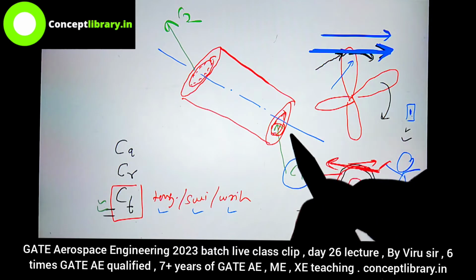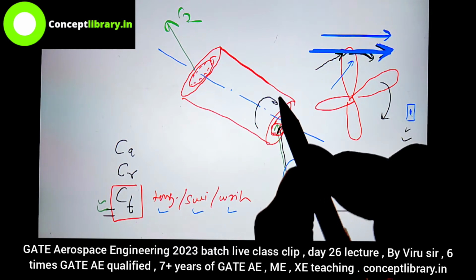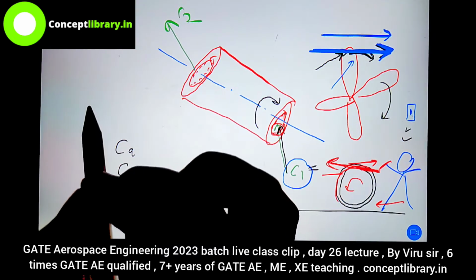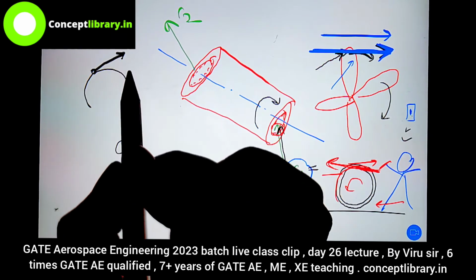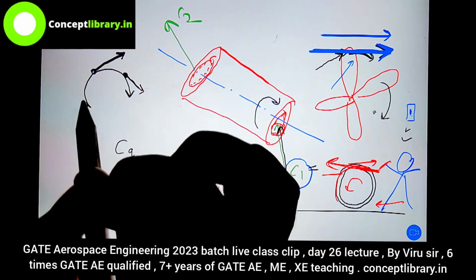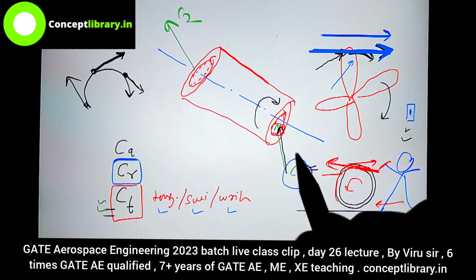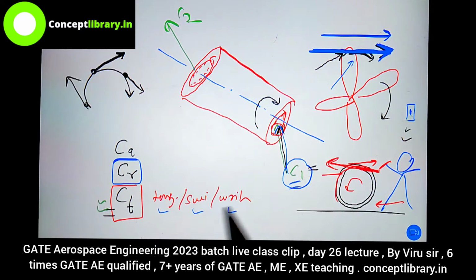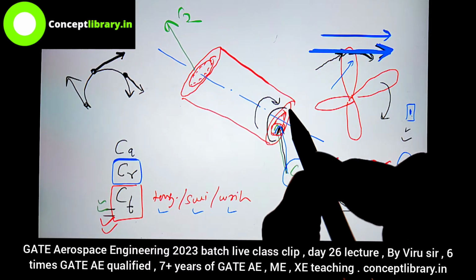So see, when the air goes in and the rotor inside the compressor rotates, at this point the tangential direction is this, at this point the tangential direction is this, at this point the tangential direction is this. They are tangential directions. Okay, now come to radial direction. Air which is entering with C1 velocity will have one component, CT, that is the tangential component, and air is also going radially.